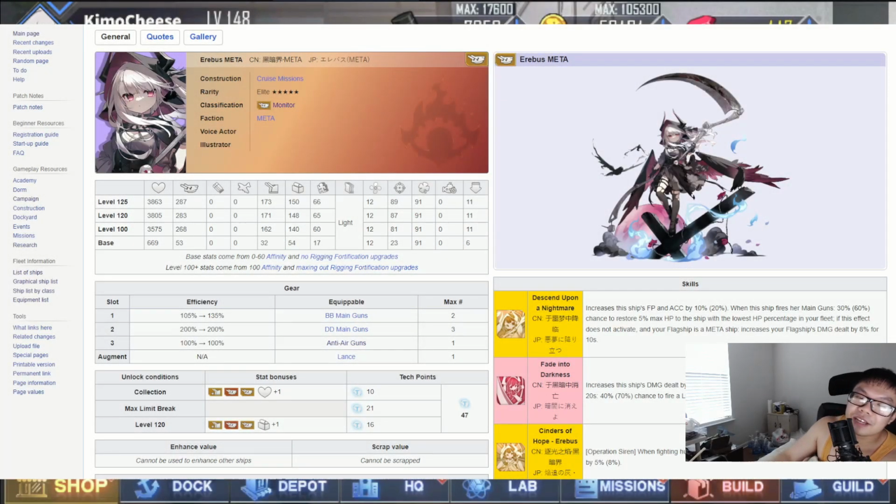So this month we got a very interesting meta ship, Erebus meta. If you guys don't know, Erebus is an original cheap oil farming ship, one of the ones that's been around for many years now. I still have mine at zero limit break. I need to max mine soon because I think she's like the last permastat backline ship I have left over